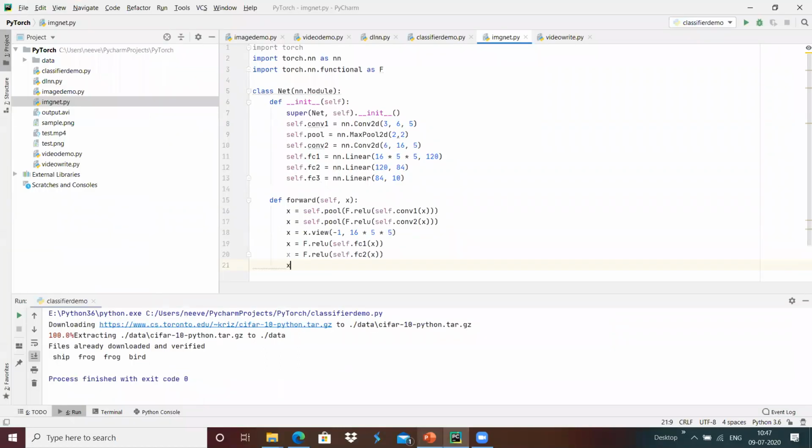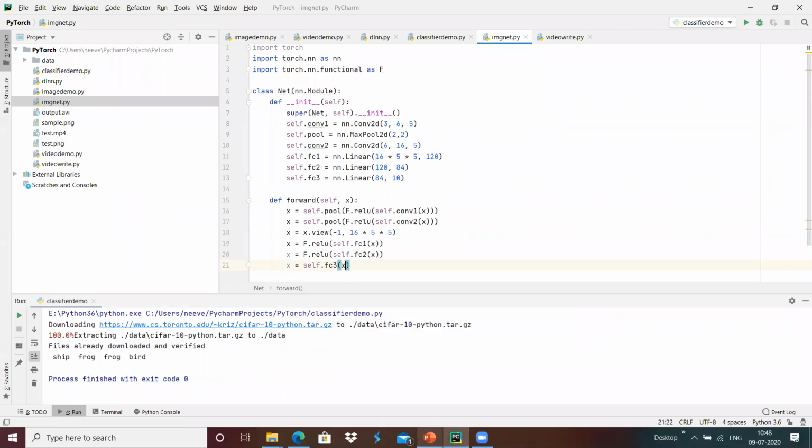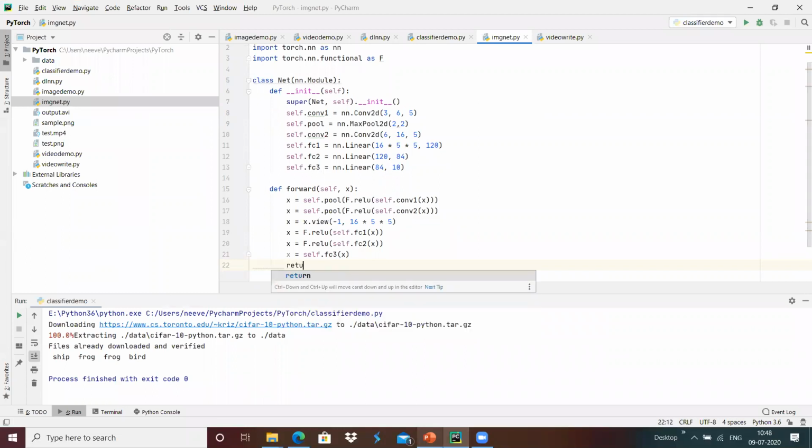For that I'm going to do self.fc3 of x, and then return x, which is the output of this network.